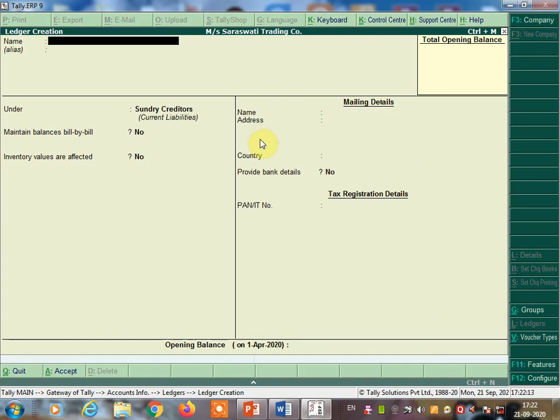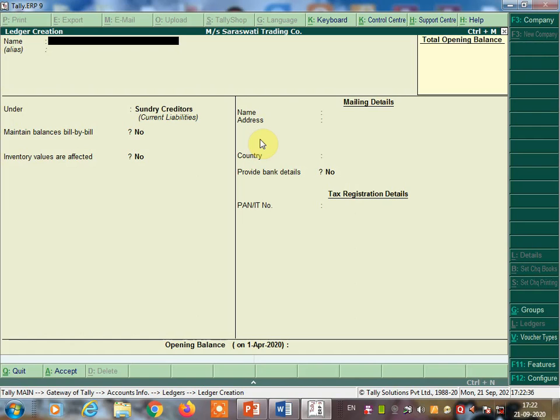Okay, suppose you have sold goods to Ritu on cash. Here you will get cash, because you sold goods to Ritu and Ritu will give you the cash. Now the entry will be passed like this: cash account debit to sales account. It is not on credit, it is on cash.